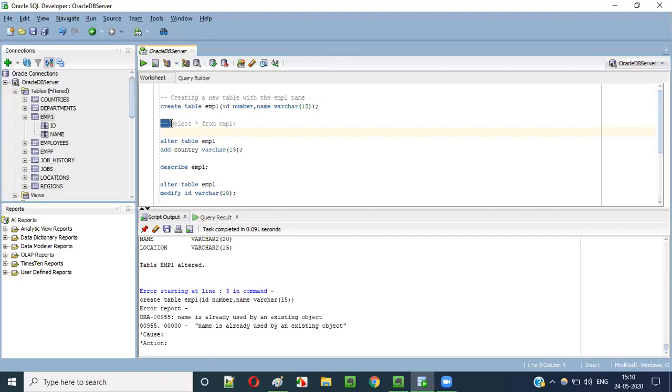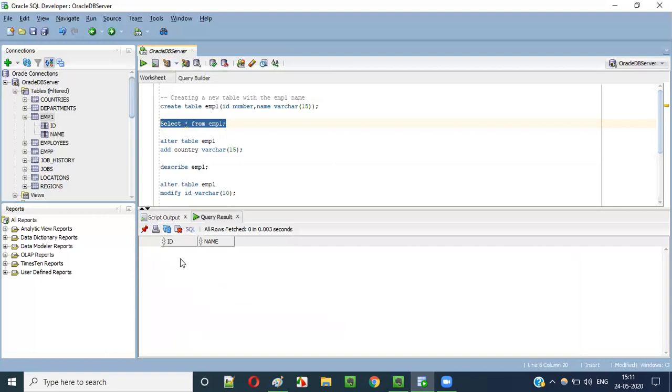So if you add a double hyphen before any SQL statement, we are exempting it from execution. Even though we select and run this, it is not going to run. We are disabling this particular SQL statement from running. That is also a purpose of comments. If I remove it, this time it will work. But if I provide a comment, this SQL statement will not work. This is the power of comments, guys.